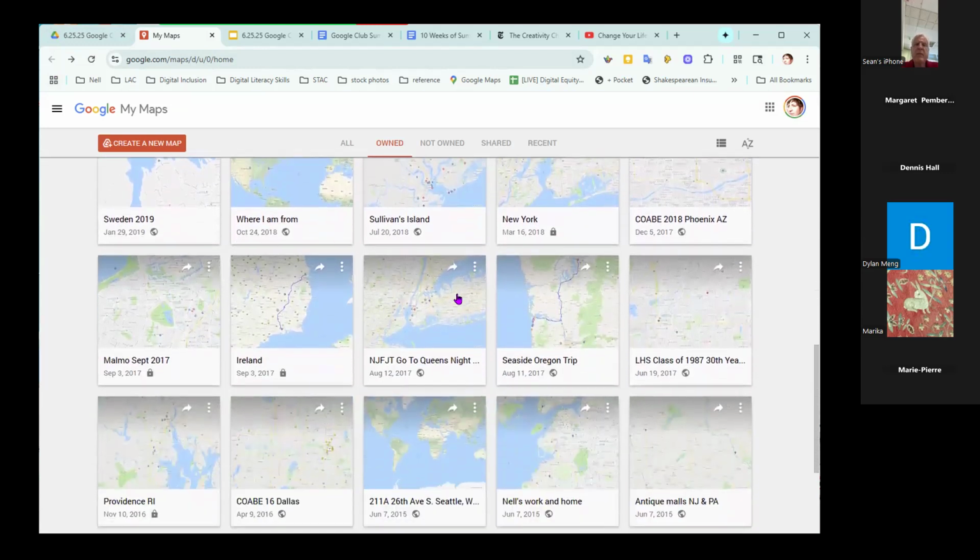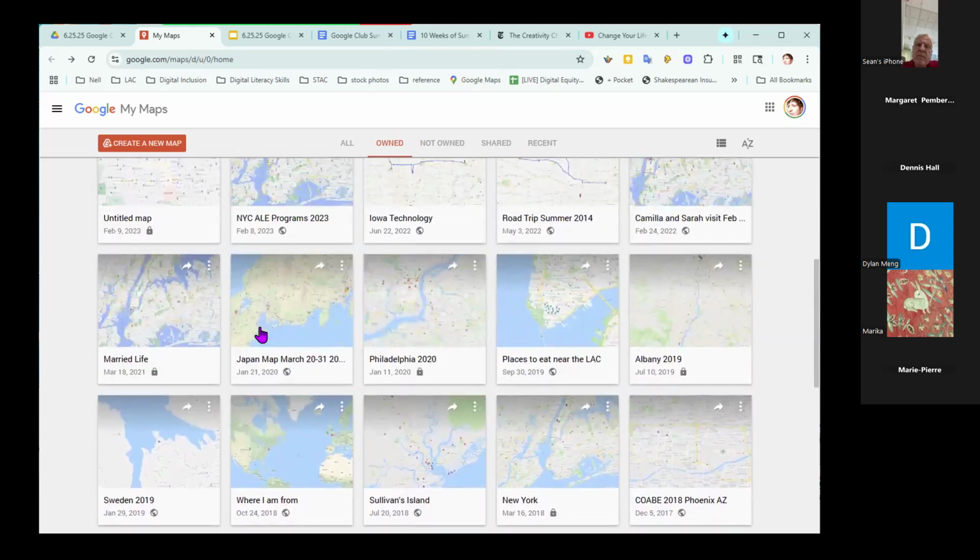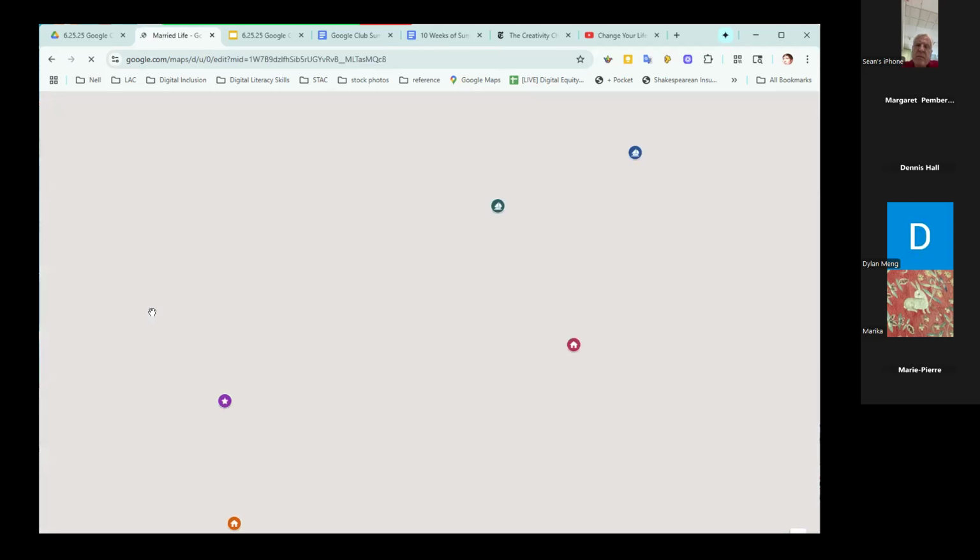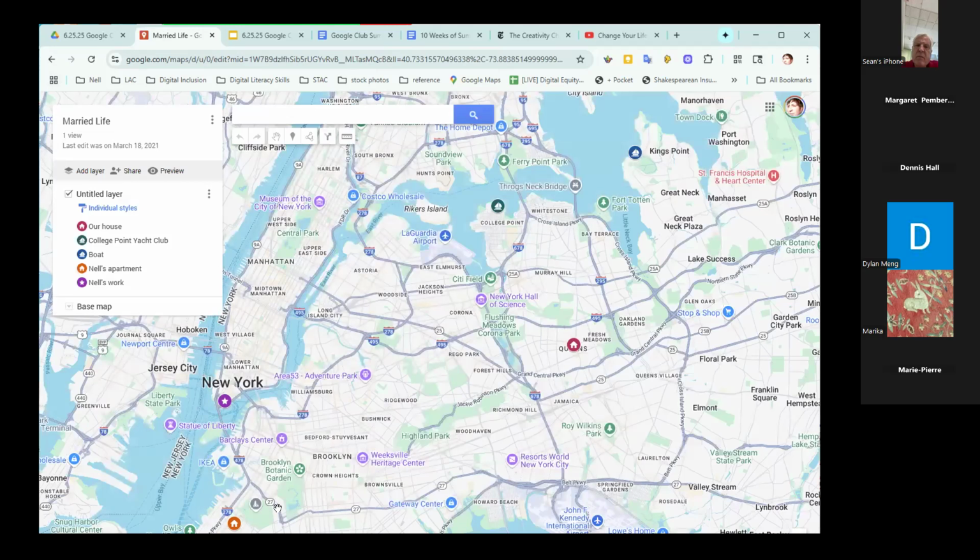When I've traveled, sometimes people want to know more about where I live. So this is when I first got married, I still had been living in Brooklyn and my husband lived in Queens, and it was like this very different world. So you can really do different things with My Maps and then share them with other people or embed them